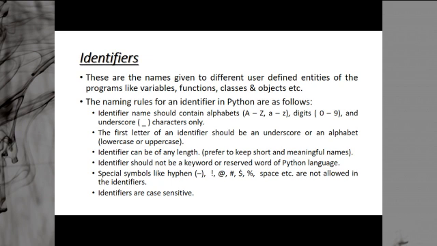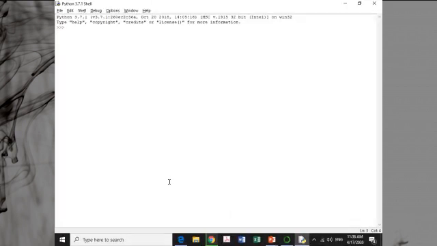This double underscore is also called dunder. So you can use dunder init dunder, dunder len dunder. In this way you can create variables having double underscore. You can simply check whether your variable is valid or invalid. Say suppose I am creating a variable here.